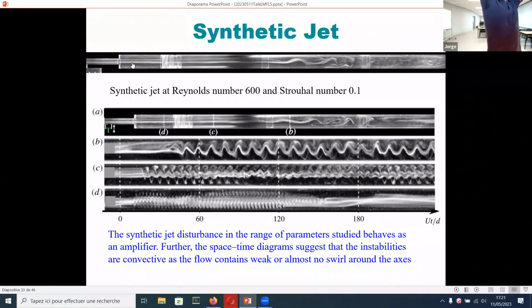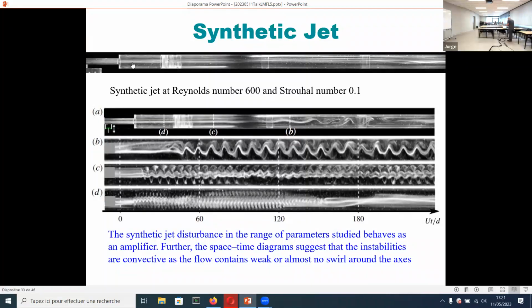So every image, we take only this line and we reconstruct this line as a function of time. And you see that as we go closer and closer to the inlet, the frequency is smaller. So when you go far away from the disturbance, the frequency is stretched. So really, the synthetic jet disturbance in this context behaves as an amplifier,